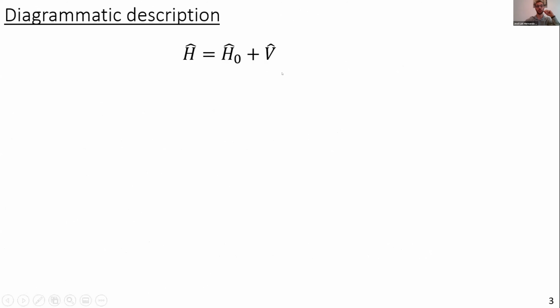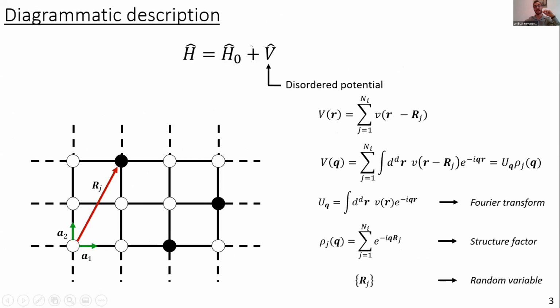We are going to introduce the impurities by a disordered potential. Since we use a 2D continuum model for the surface states, we need to manually introduce a 2D lattice where we are going to situate our impurities. So we are going to ask our potential to have the periodicity of this lattice that we introduce, and also this potential will depend on some random variables